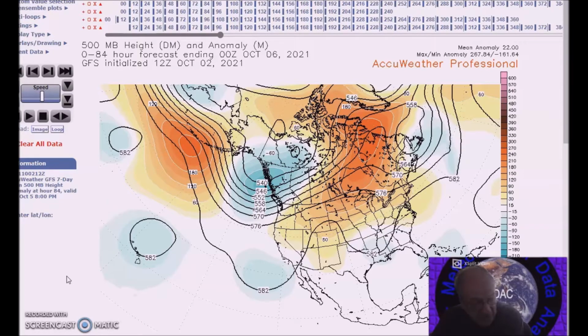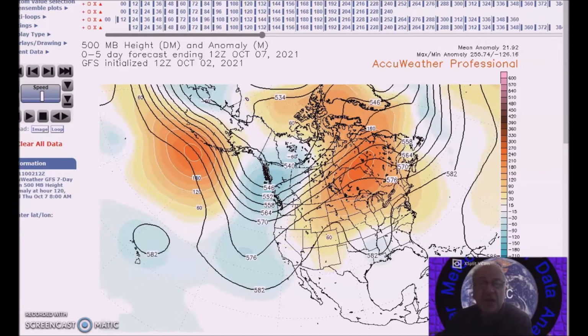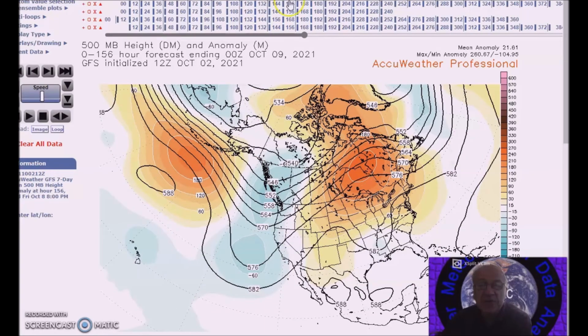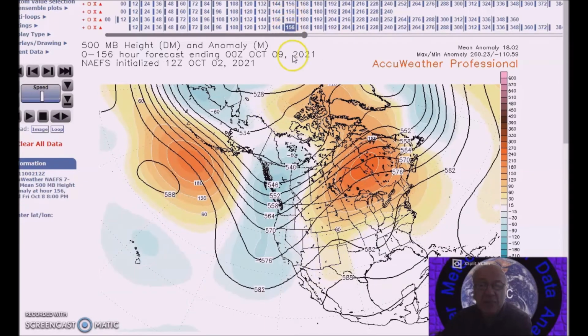This is the forecast period for October 5th to the 9th, and we have a ridge here near the Aleutians, a trough here across the west, and we have above normal heights to build across the northern states into Canada. And the models are in good agreement with this, see that. And there'll be implications